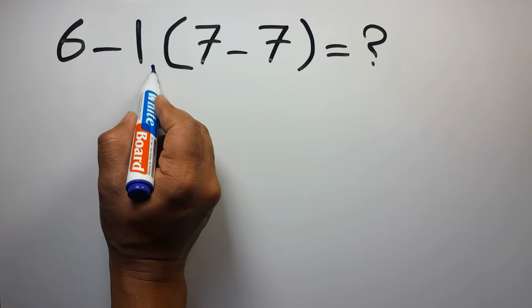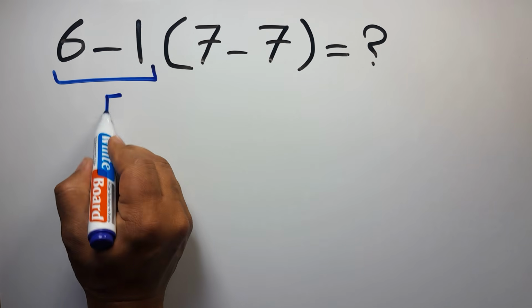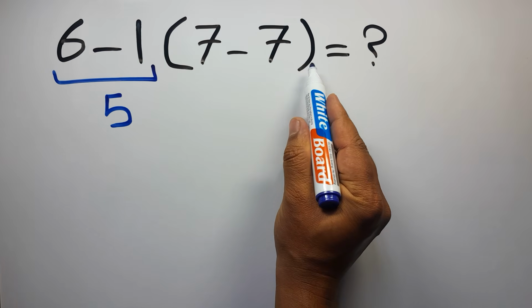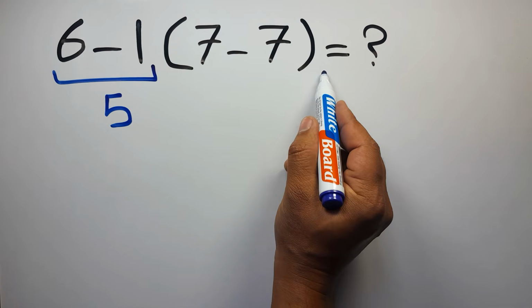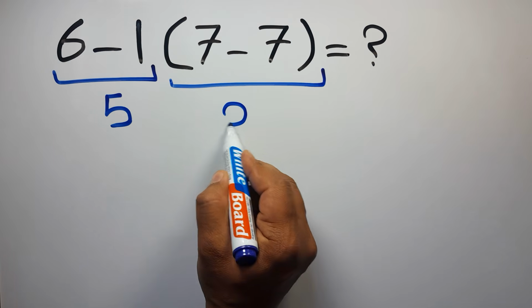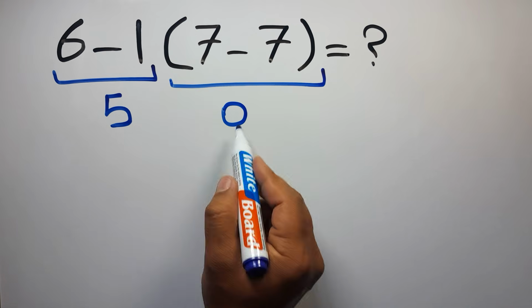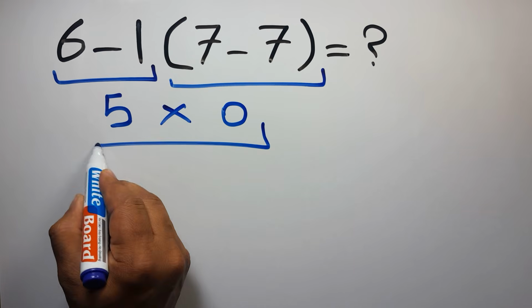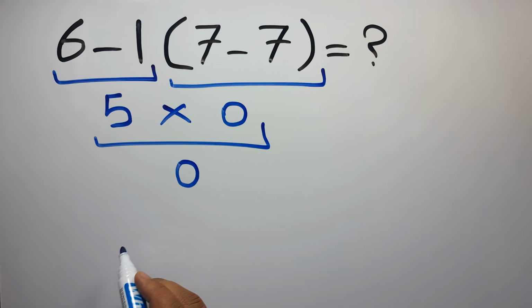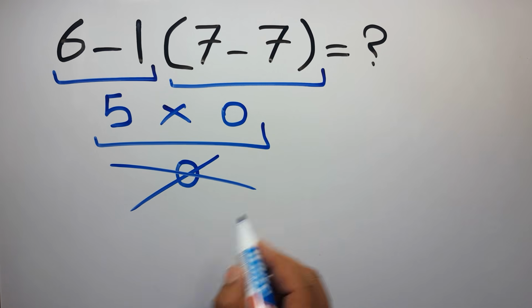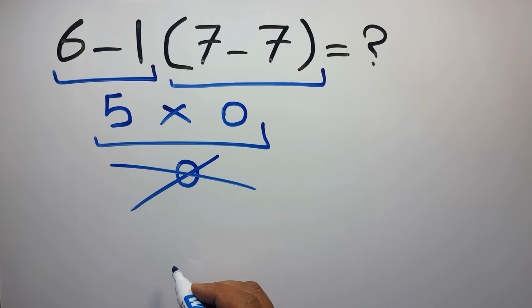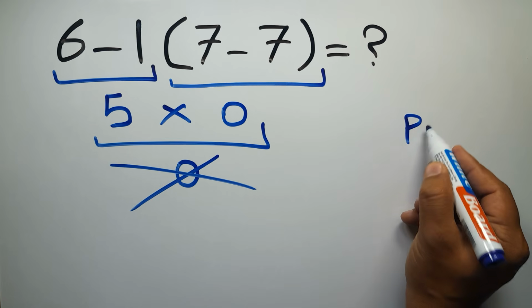6 minus 1 gives us 5. And inside this parenthesis, we have 7 minus 7, which equals 0. So 5 times 0 is just 0. But this answer is not correct because according to the order of operations, which is PEMDAS,